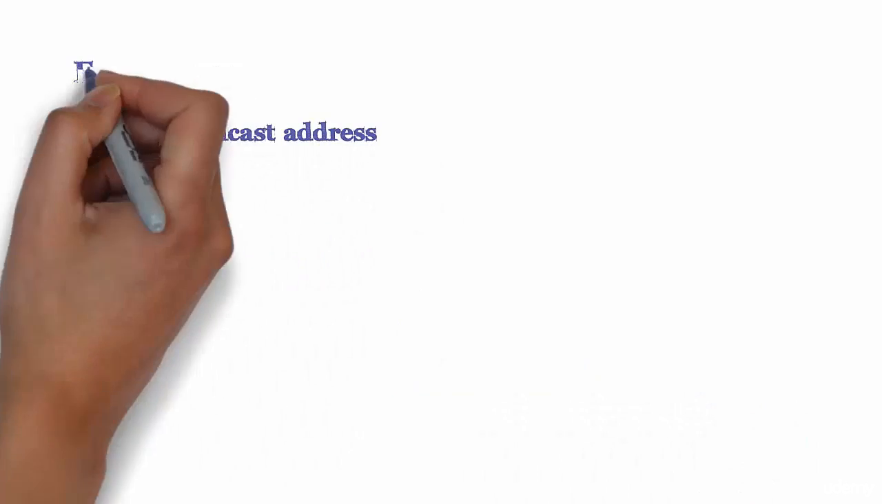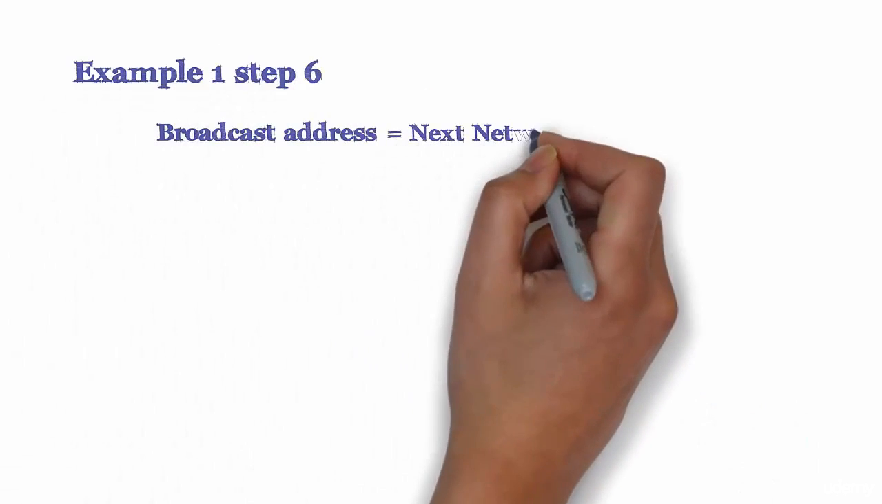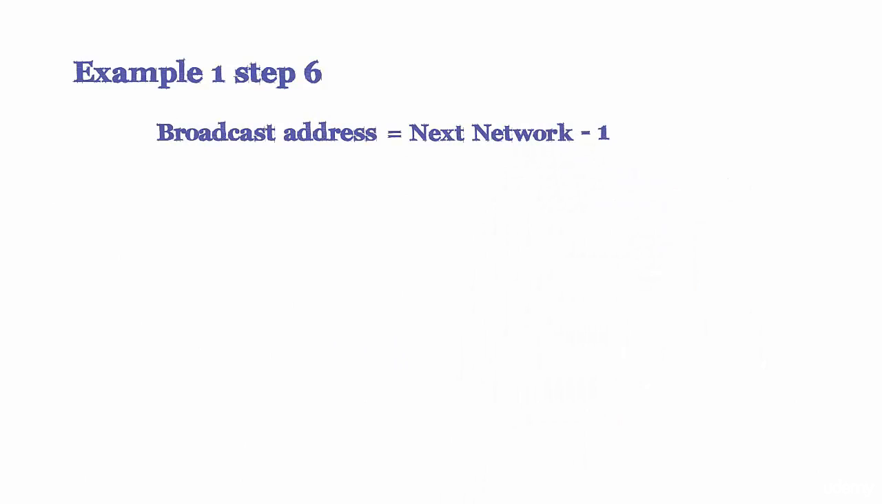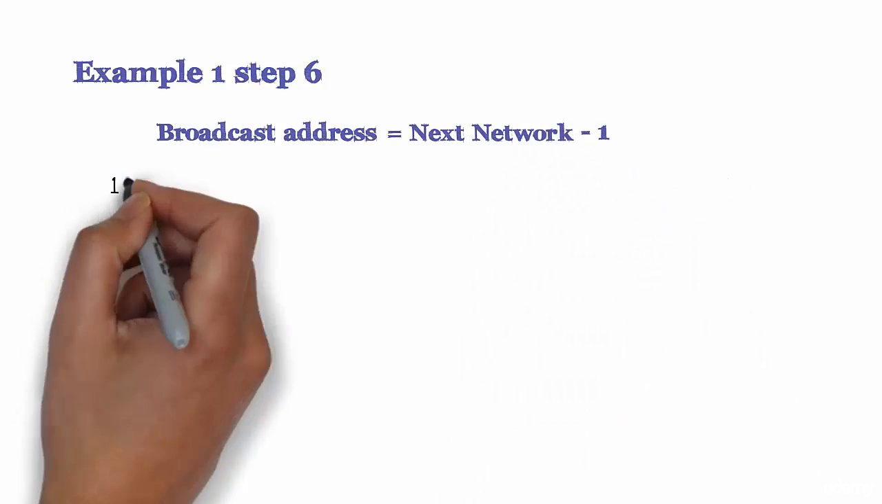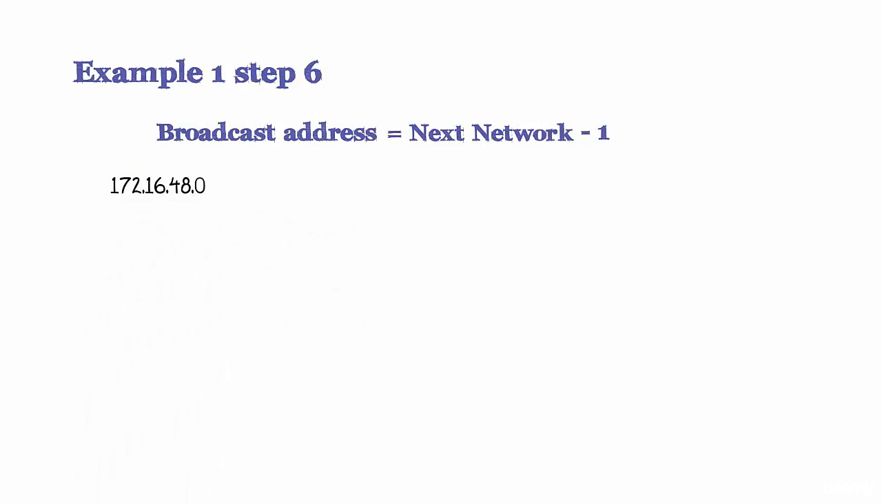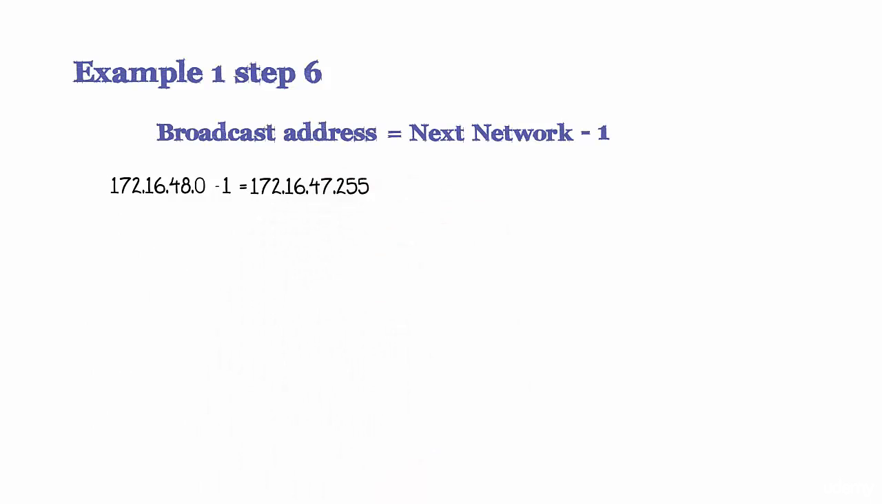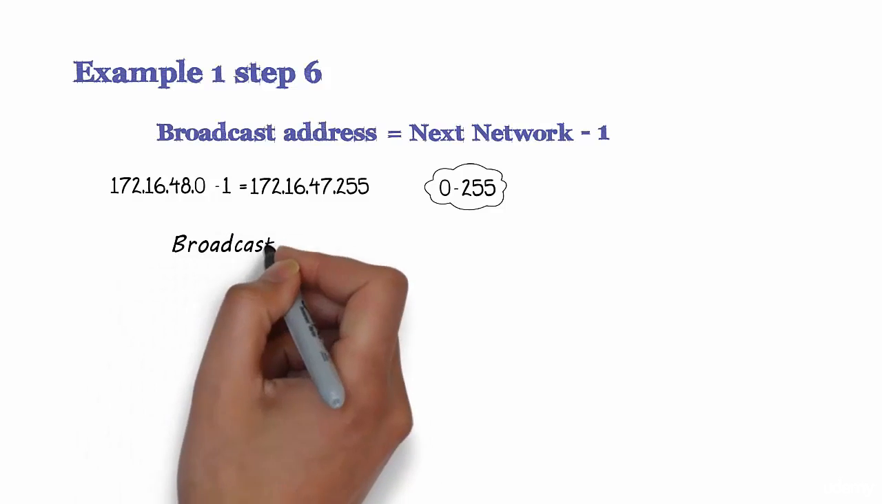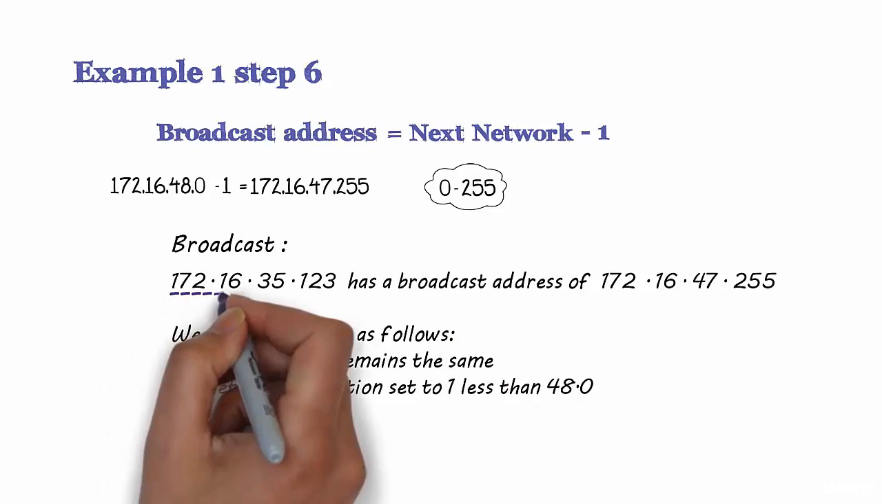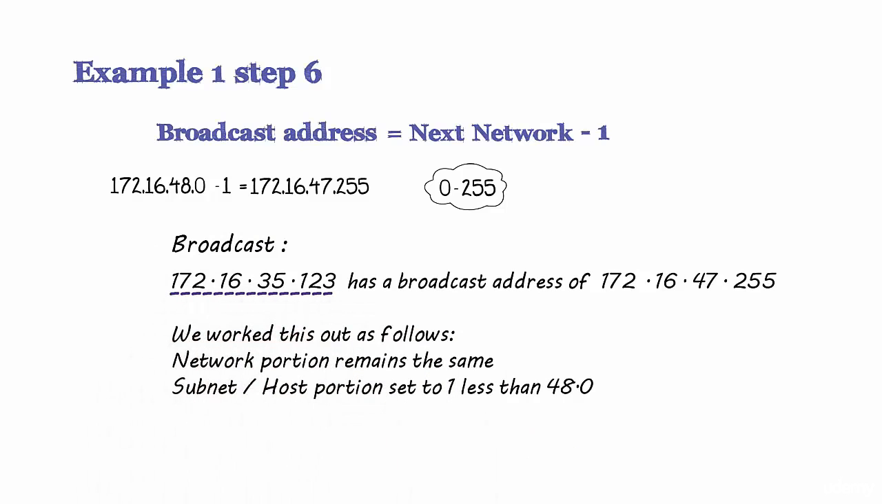So the broadcast address is equal to the next network that we worked out less 1. So the next network that we worked out was 172.16.48.0, and if we subtract 1 from that, we'll get 172.16.47.255. Just remember how the binary odometer works. Each octet can go from 0 to 255, and then it has to click over, or in this example, click back. So the broadcast address for host 172.16.35.123 is